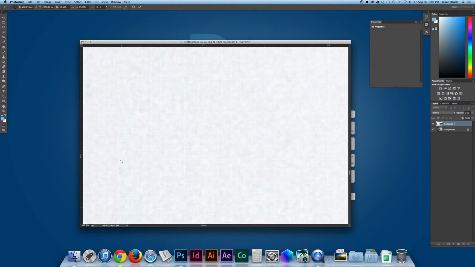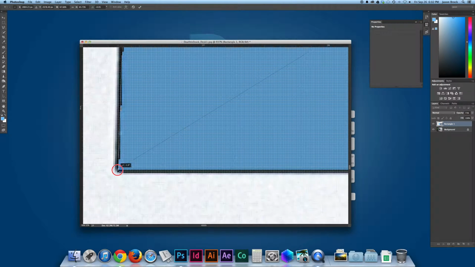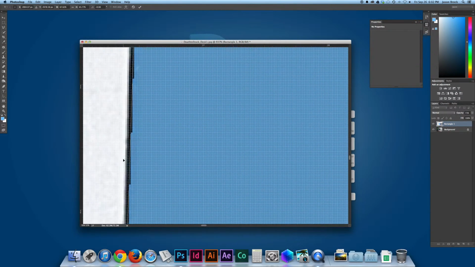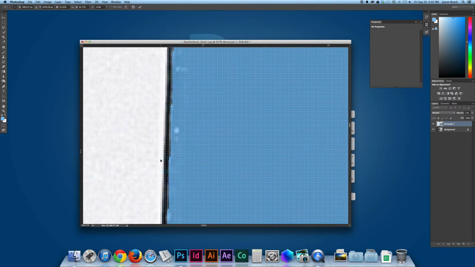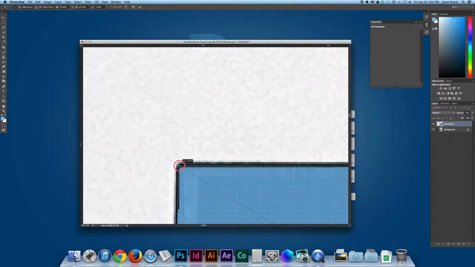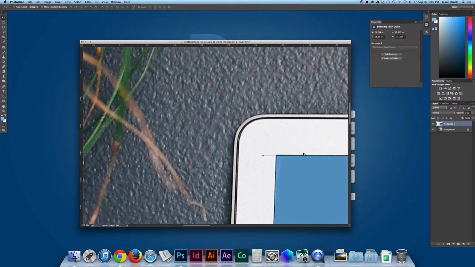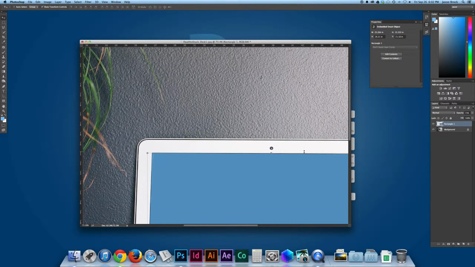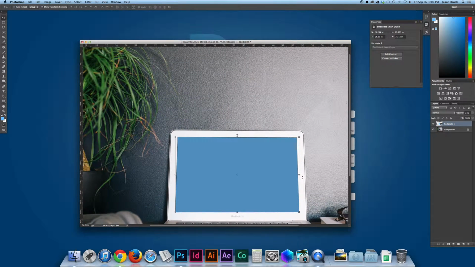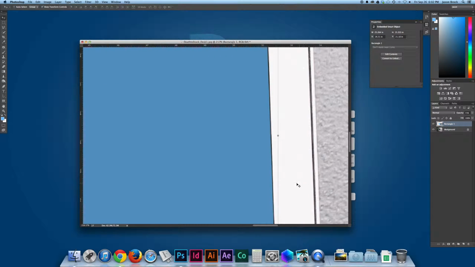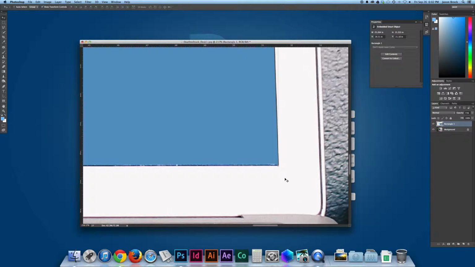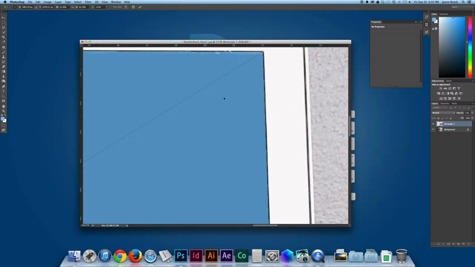I might adjust these a couple more times. It's pretty quick and standard. I want to pull this one back out just a hair further. And then that's it. I'm going to place that and apply all my transformations. And you can see we have a nice blue coverage all the way around that screen. I'm not really liking what's happened over here. Actually, I want to zoom in. I think that's a little questionable. I'm going to pull this in just a tiny, tiny bit to make that edge a little bit thicker. And then I'm going to place it again. All right, now that's done.